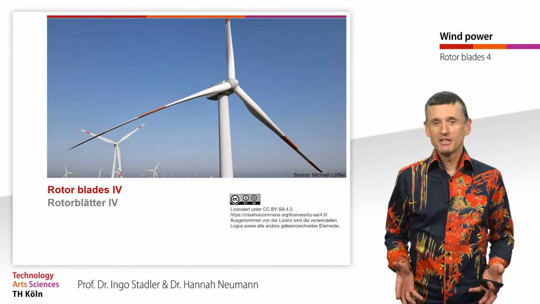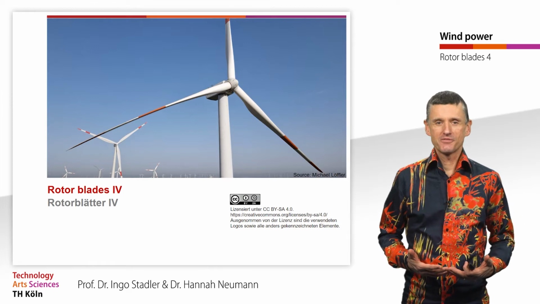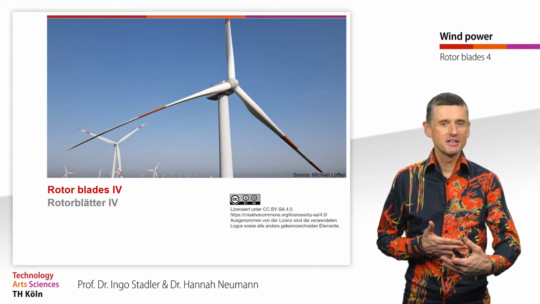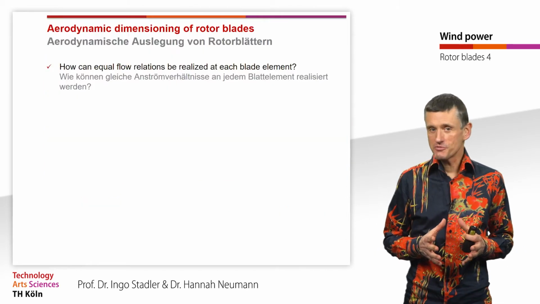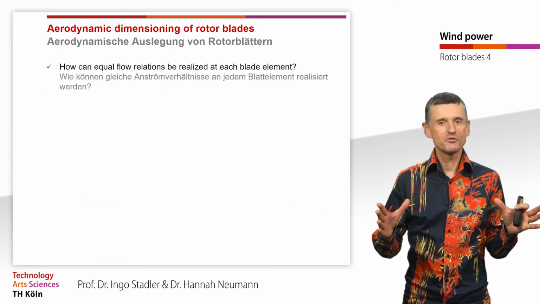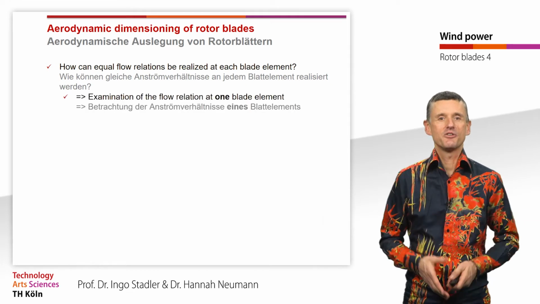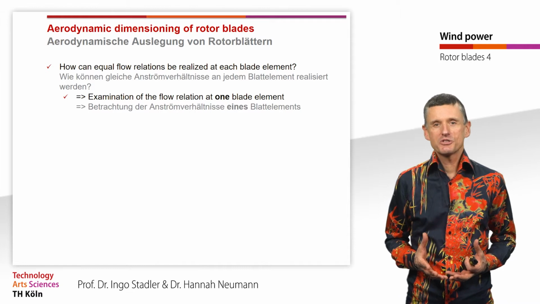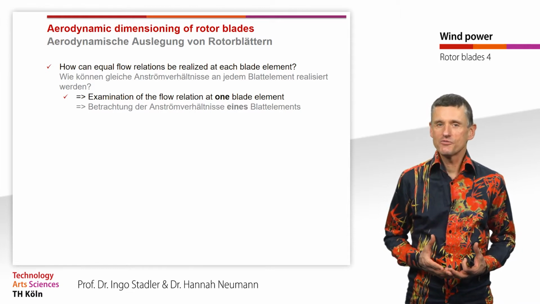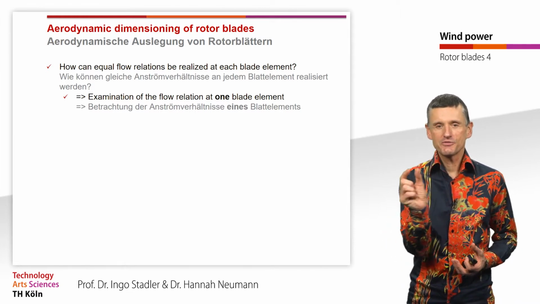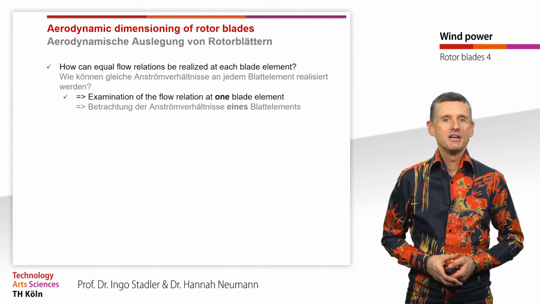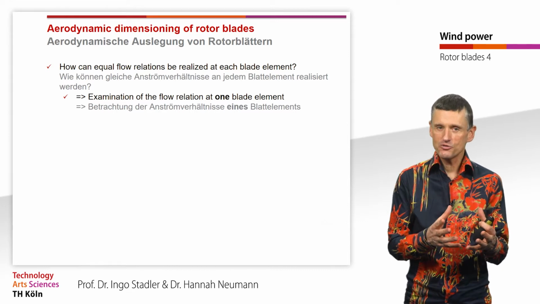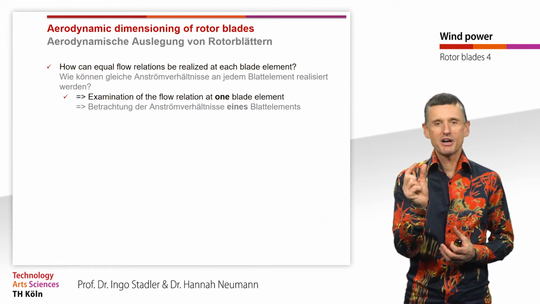Hello and welcome. Now we change the perspective and try to explain how rotor blades are really designed, and therefore we change the perspective from the complete rotor blade to a single element of a rotor blade. That means in these videos we would like to explain how to realize equal flow relations at each of the single blade elements. And therefore we change the perspective from this complete turbine to a single part of the rotor